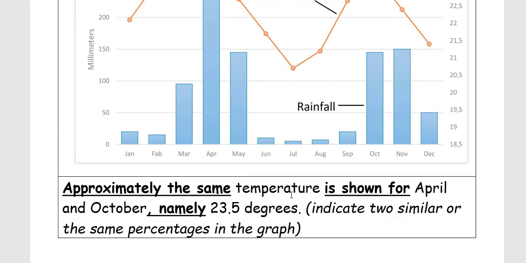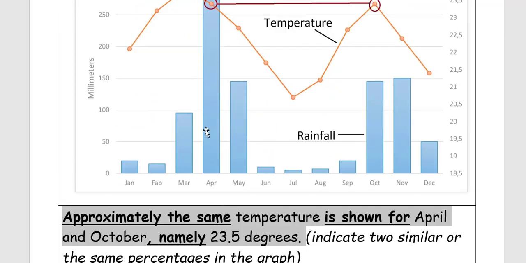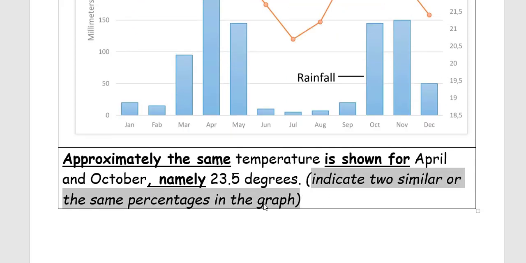Approximately the same temperature is shown for April and October, namely 23.5 degrees. Now, if you look at the figure for April, and the figure for October, you can see that they were equal, right? They were at the same level. And here you need to use the word namely, which means to be more specific when you want to give one specific number or one specific figure. So our job is to indicate two similar or the same percentages in the graph. Next,